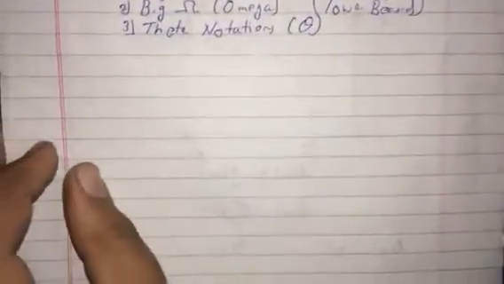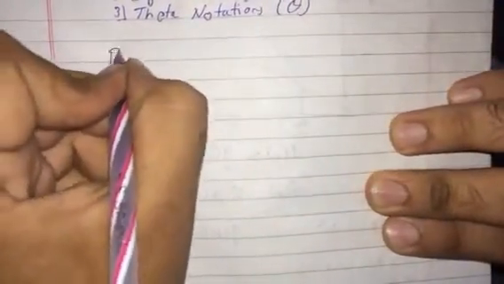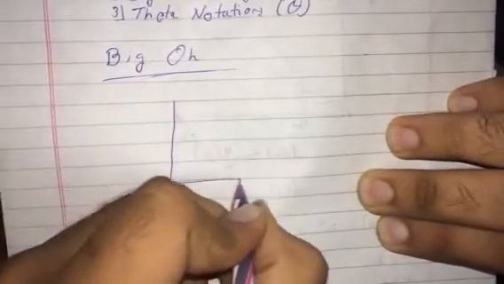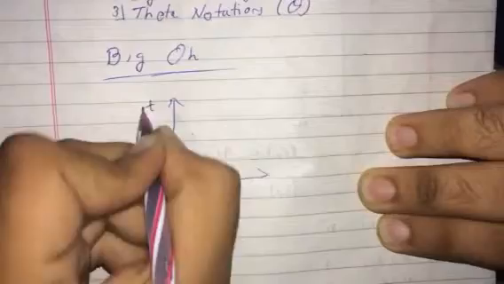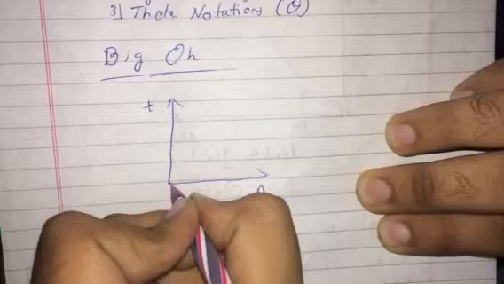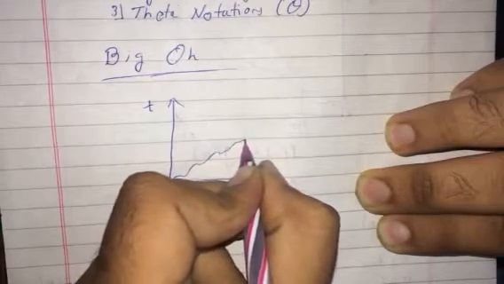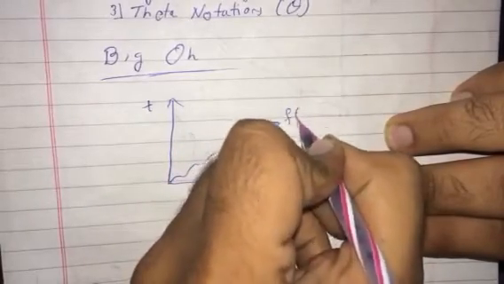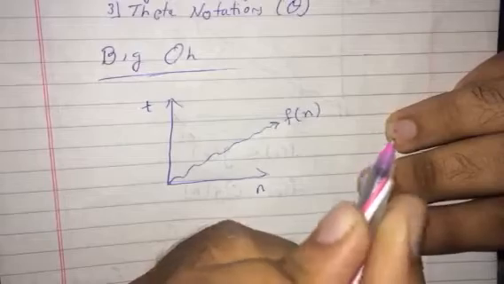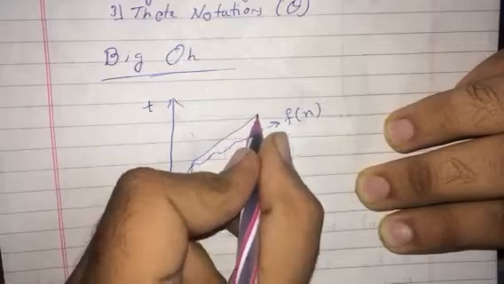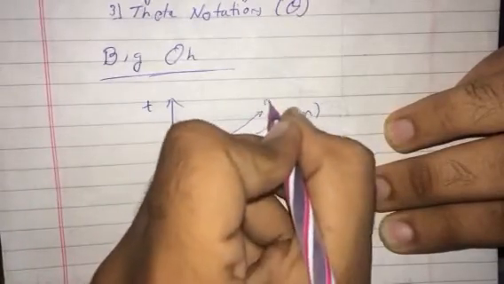Now let's consider the big O notation. Consider a graph. This is your time, this is your number of inputs or data or n, whatever you say. Along with the data, the time required by your function increases, represented as f of n. Now, if we had another function that takes more time than this function,